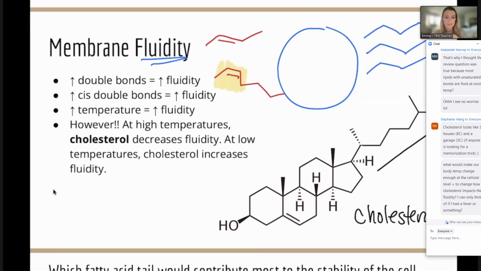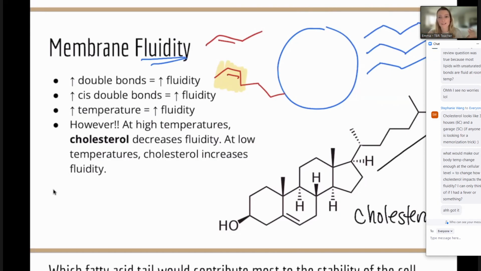Whereas if we think about our skin, sorry, that's my dog in the background. If you think about our skin, there are definite exposures of lower and higher temperatures. And so there may need to be more cholesterol in the skin cells. So think more about the location of the cell and its exposure to heat, compared to changing the amount of cholesterol in a certain cell. Most animal cells have cholesterol in their cell membrane because it is also a really good structural support. It is technically a hormone, so it's going to help in hormone signaling as well.